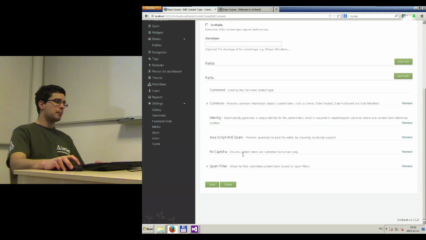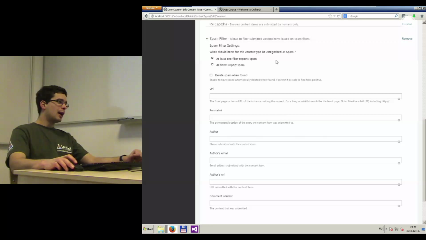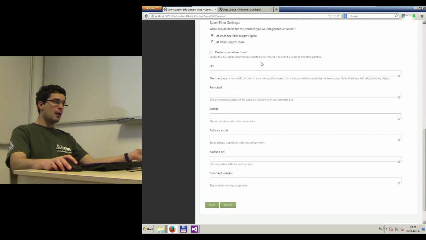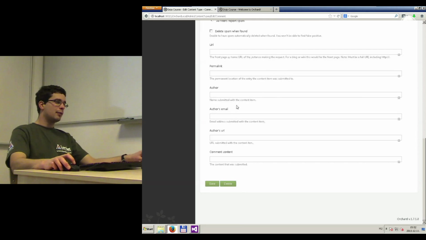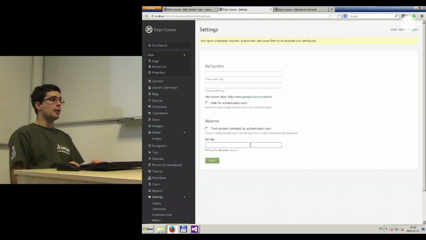Now, spam filter needs some settings. Basically the idea here is that if you get a spam submission, because it's not necessarily really spam, it can be a genuine submission, you may want to get notified. So you can set up some notification here, or you can just say that you want to delete the submission if it's spam. But this is not yet enough, because under the spam settings you also have to set up the connection